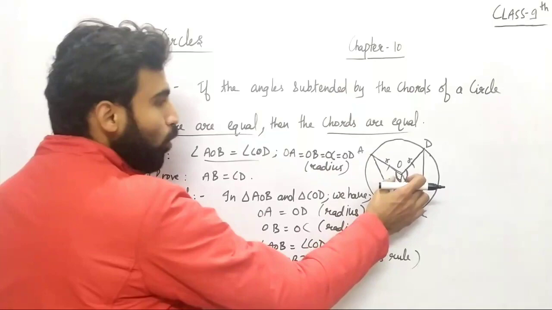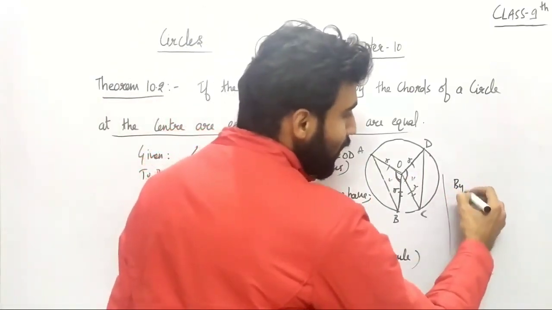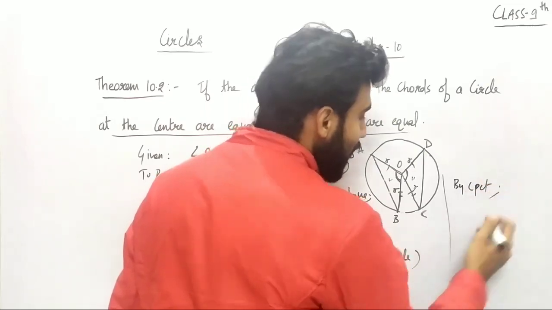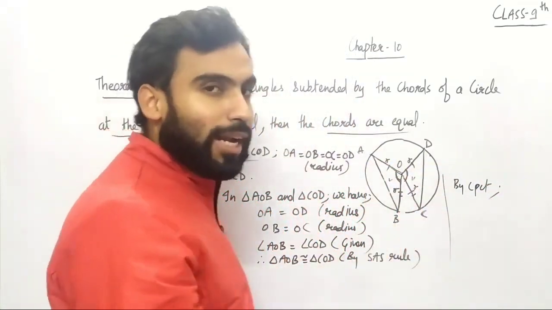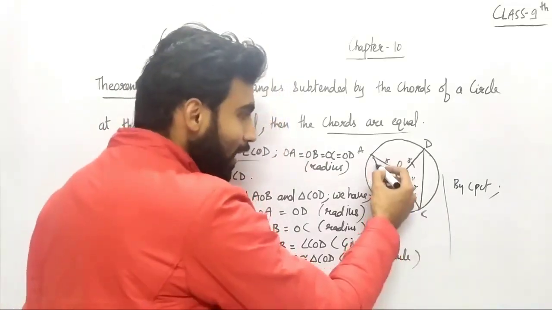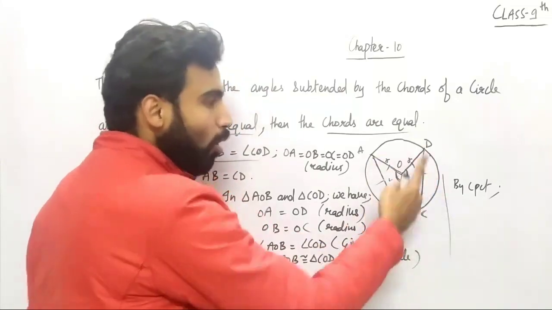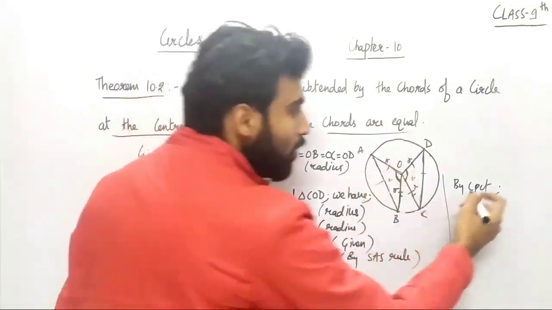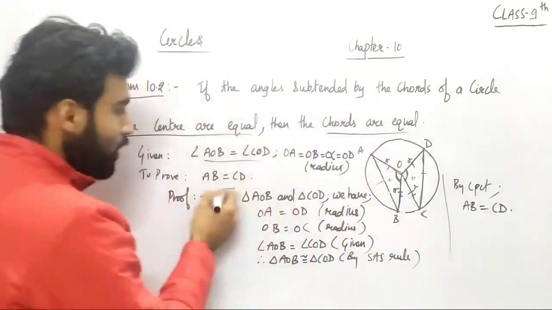Now as we have proved these two triangles congruent, now we all know that by CPCT we can say that all the sides and all the angles of the congruent triangles are equal. So that means this side AB is going to be equal to this side CD, which are the chords of this circle, right? So that means we can say that AB is equal to CD, and this is what we have to prove